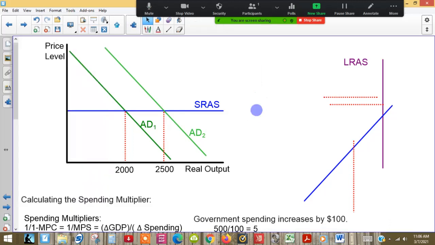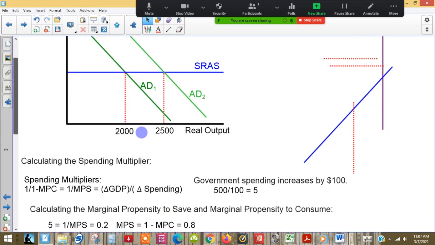We see there's been a shift in the aggregate demand curve from here out to here. So we have an increase in real output from 2000 to 2500. That gives us a change in real GDP of 500, and we're given